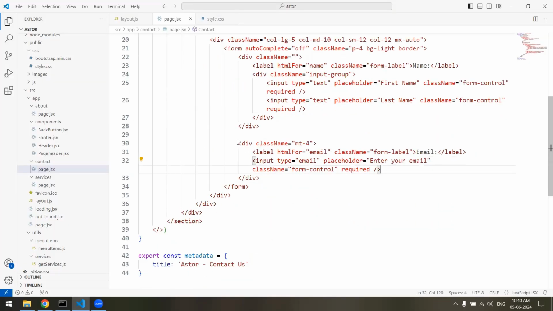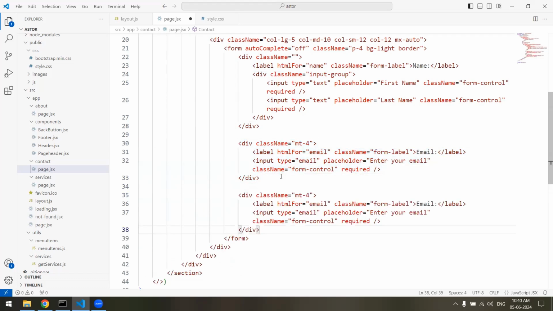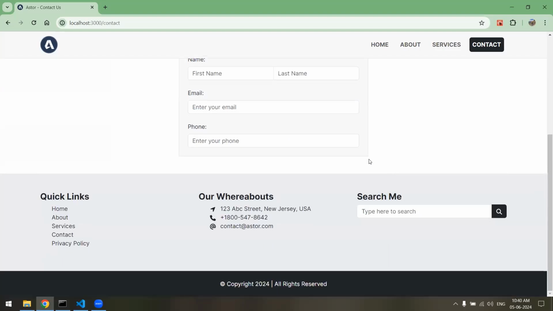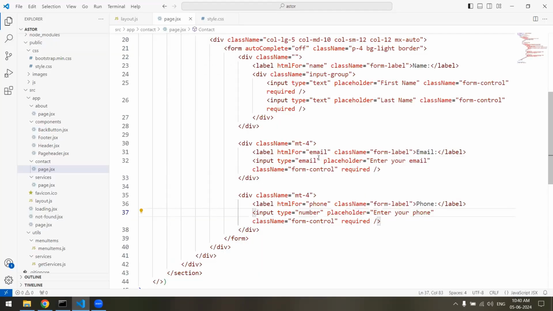Let's say we'll create another one by the name phone, and instead of email we'll use input type number and enter your phone, and lastly we'll use